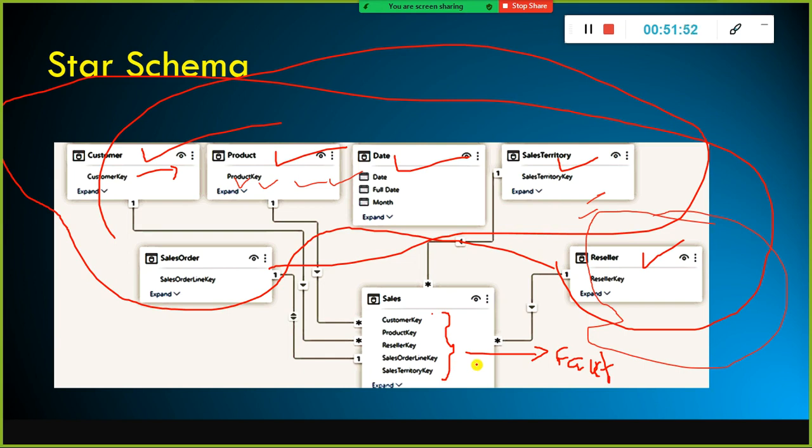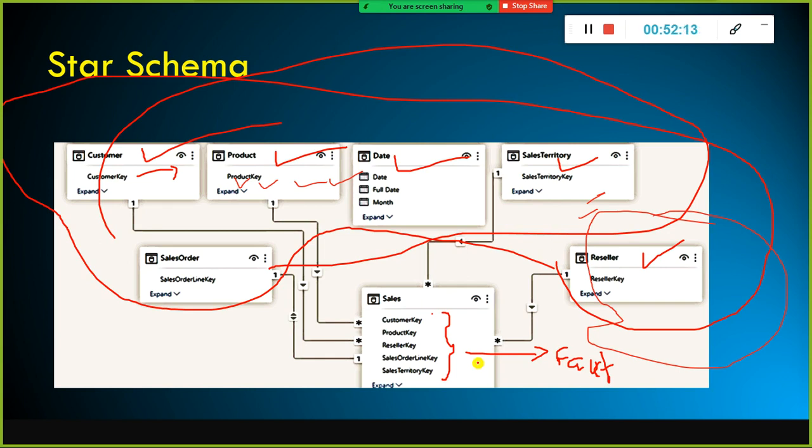What do you mean by facts or measures? These are nothing but numerical or quantitative variables. For example, net sales, gross sales, net revenue or gross revenue, and total units sold or number of units sold. These are all quantitative variables.